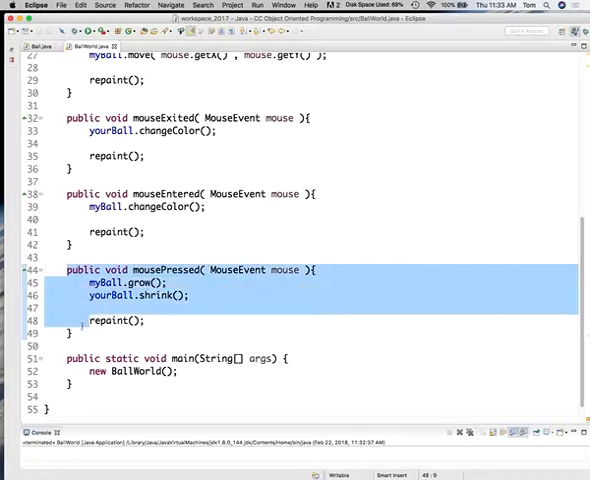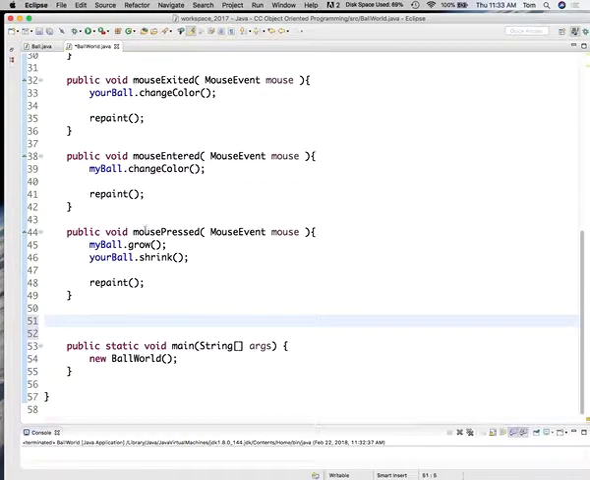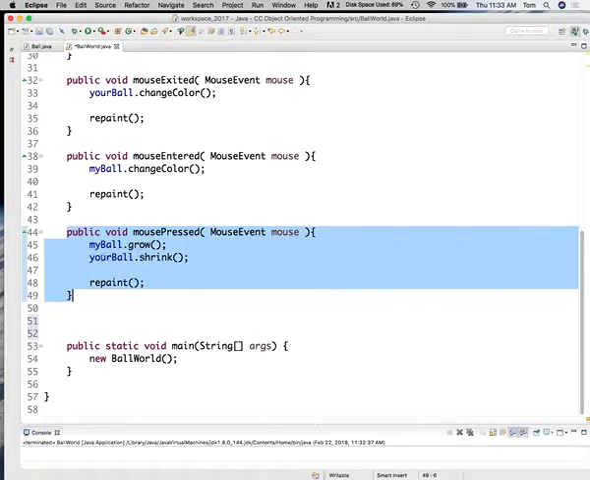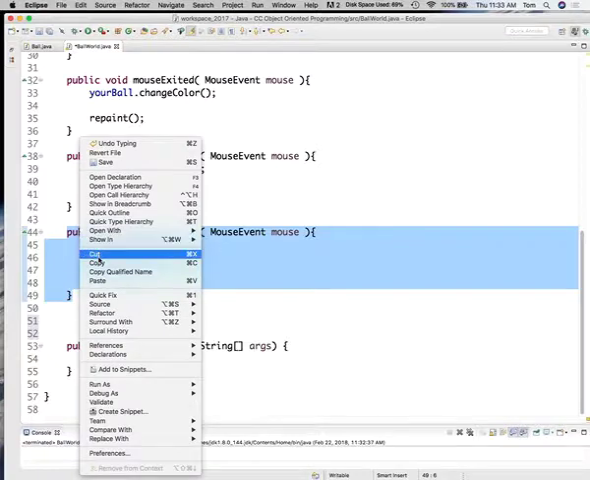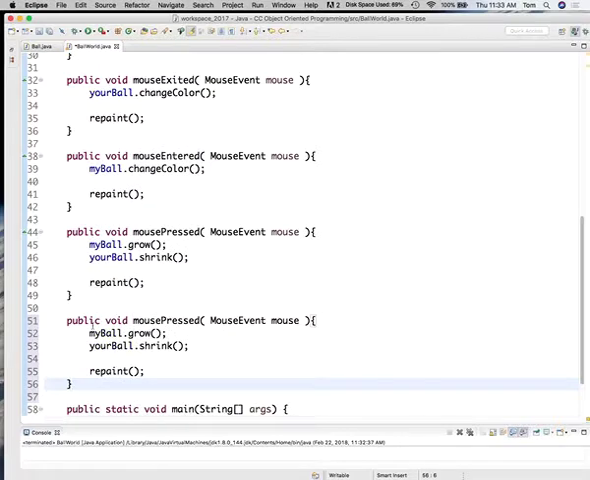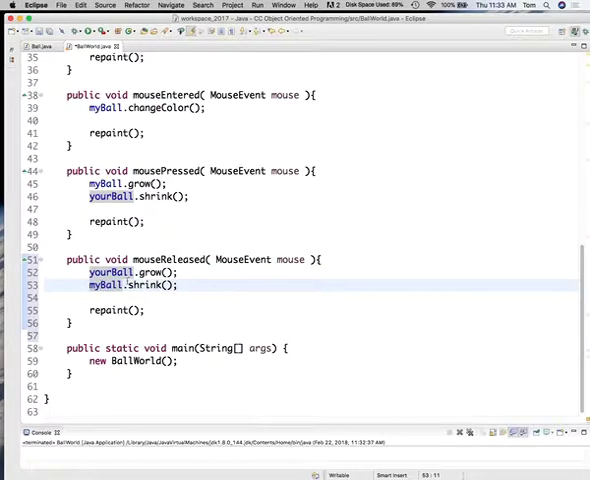Okay, and so the next thing is I'm asking you guys to write a mouse release method that basically does the opposite. It makes my ball shrink and your ball grow. So what I'm going to do is I'm just going to copy this, go down here and paste it, and change the name of it so that it's mouse released. Make this be your ball that's growing and my ball that's shrinking. And then if I run that one,